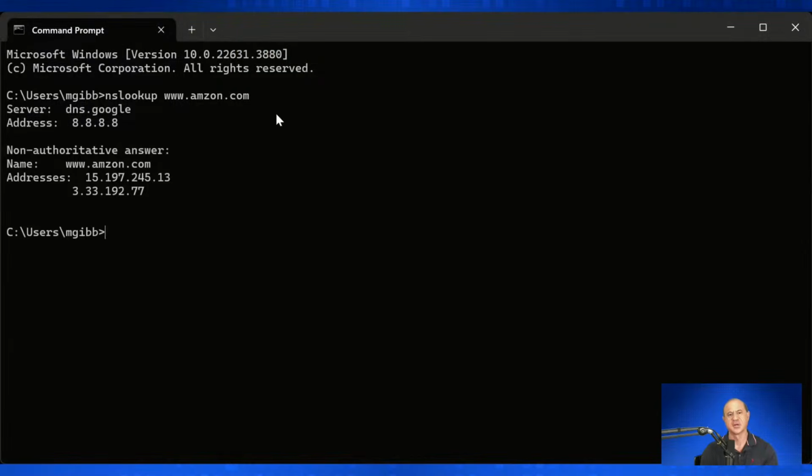And I got this. If you do this on a Mac or a Linux machine, it's going to give you the actual CloudFront of Amazon.com. I'm using a Windows machine, and I've never used a Windows machine in my entire life.